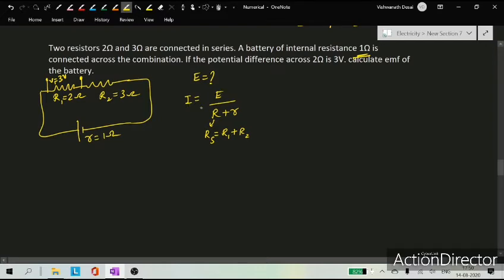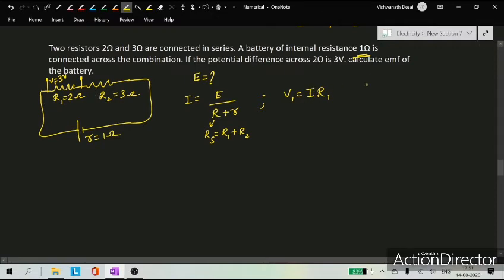Current, do you know the current? The current you don't know. Okay, two unknowns are there. So you can use Ohm's law here. You need to analyze it first, then only you are getting the idea. So here potential difference is given across the resistor. Your potential difference across this particular resistor R1 is 3 volt. So you need to do one thing. You have Ohm's law, V1 is equal to I R1, you can use it. What is V1 here? Potential difference across R1. Current flowing through both the resistors is same. That is why we took I.